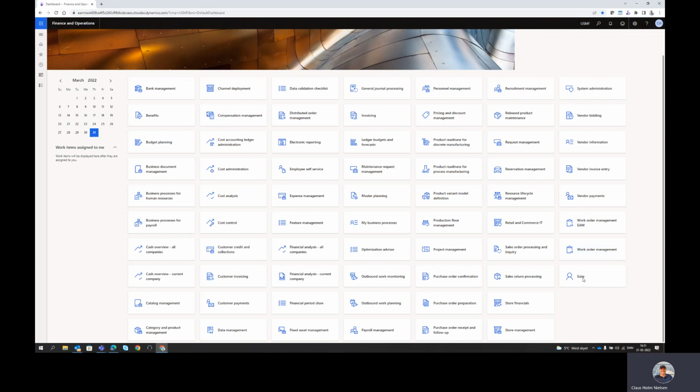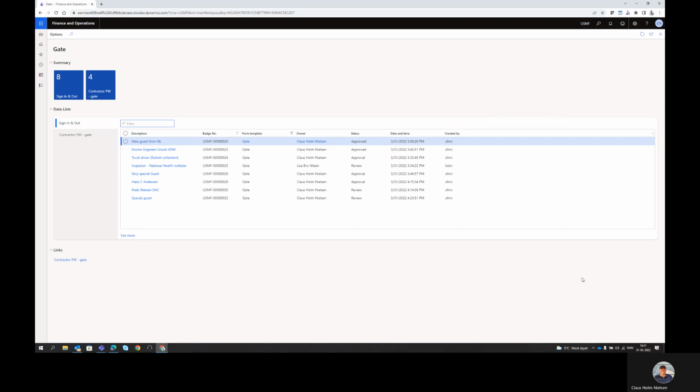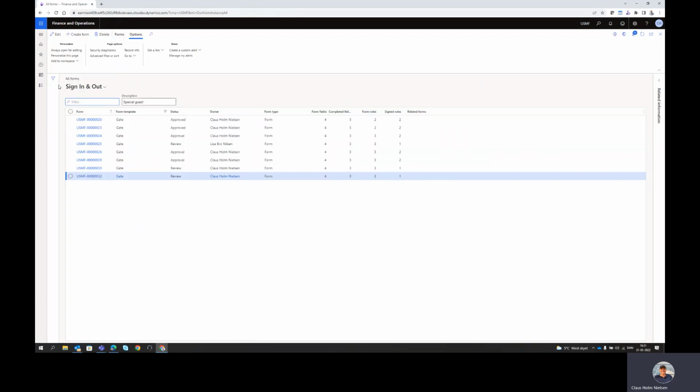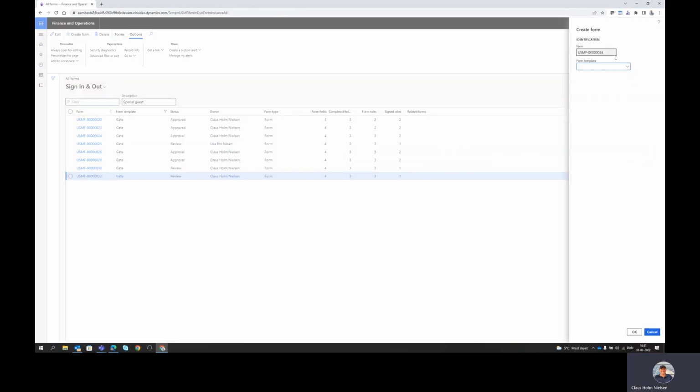So I've created a new workspace where the first tile here is the sign-in. I have guests that are signed in here, and I can sign in a new guest here. So I'll select my sign-in template here,